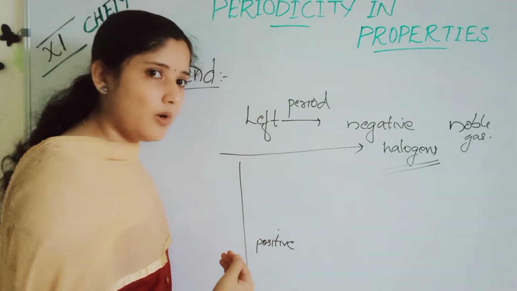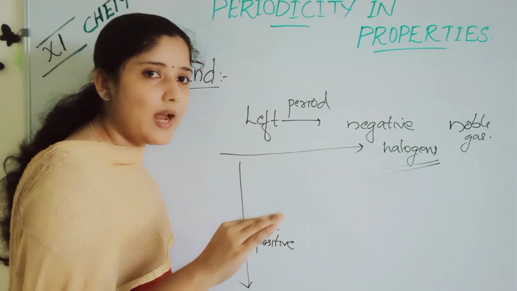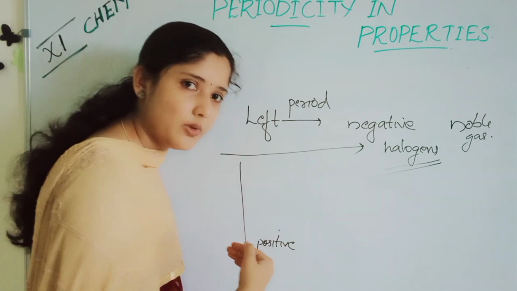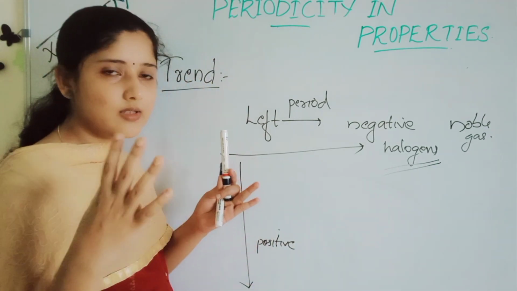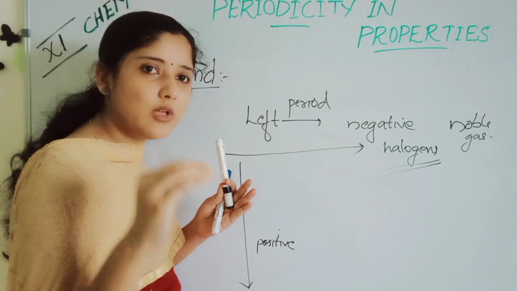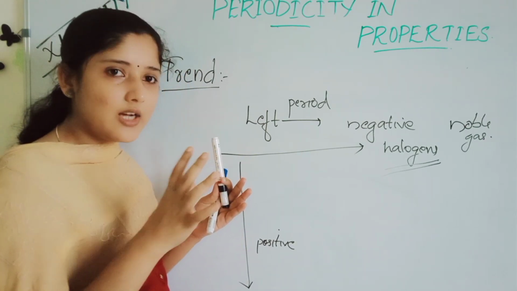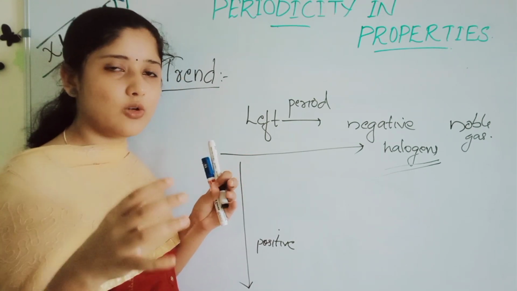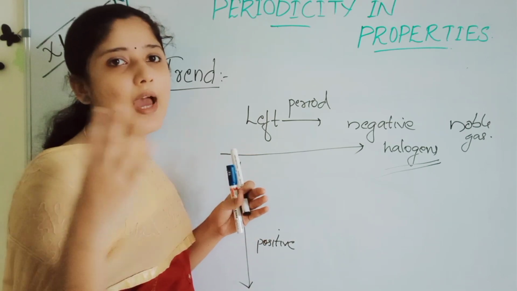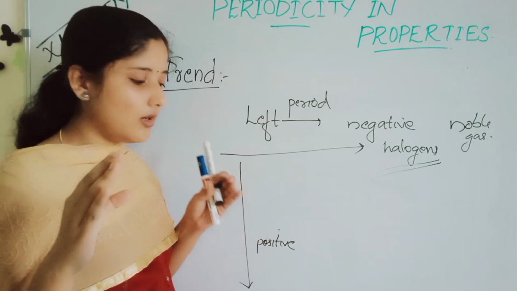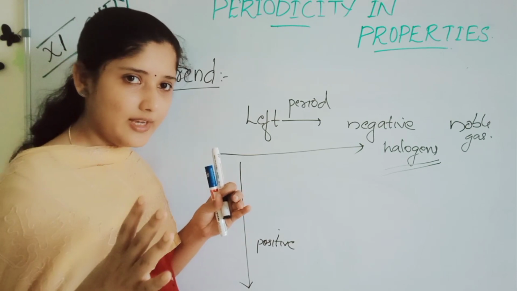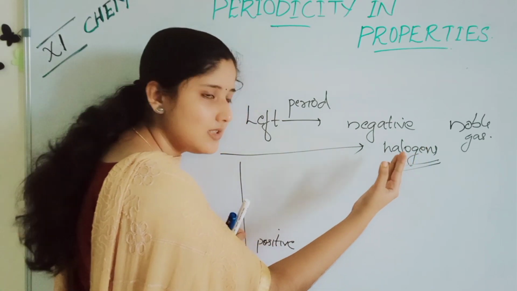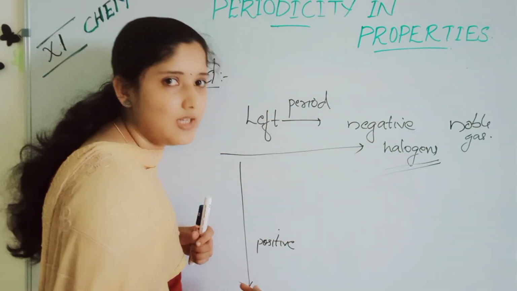From top to bottom, what happens is that the electron should be added to the next shell as we go down the group. So it will be a bigger and bigger size atom. So if we add an electron to the outer orbital, the interaction will be very slow. Because of shielding, we cannot hold an electron in a bigger atom. If we add an extra electron, the nucleus cannot hold that electron easily compared to a smaller atom. From left to right the radius decreases, and from top to bottom the radius increases.